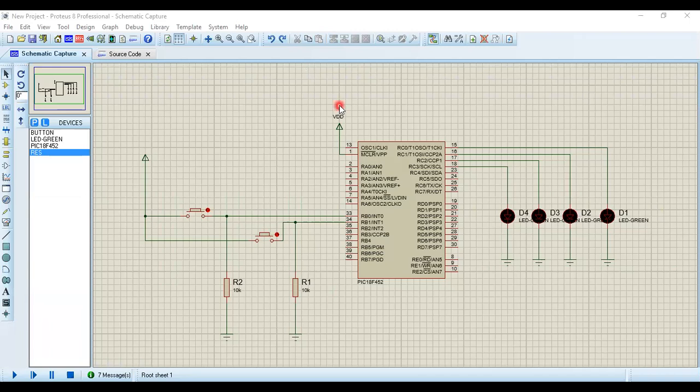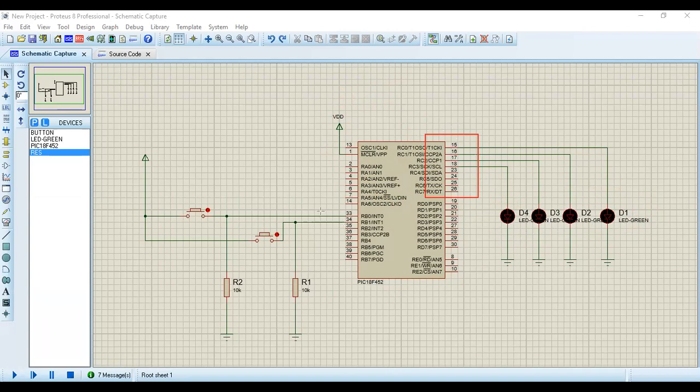Okay, this is the Proteus environment, and I have created a simple project for you. This is the PIC18F microcontroller IC. These are the LEDs. I have just used four different LEDs which are connected to port C. If you remember, this is our port C, right? And I'm using just the least significant 4 bits. So these are connected to these LEDs, and with 4 bits, you know that 2 power 4 is equal to 16, so these LEDs can count from 0 to 15, right?